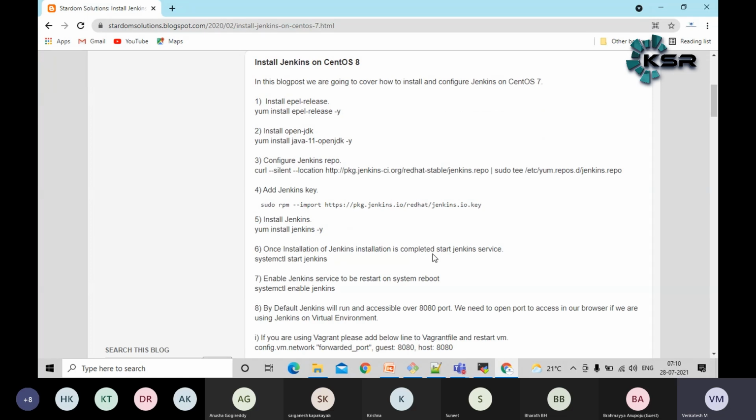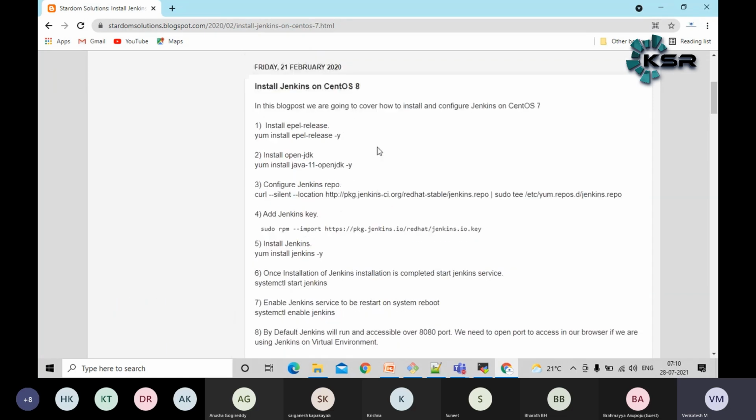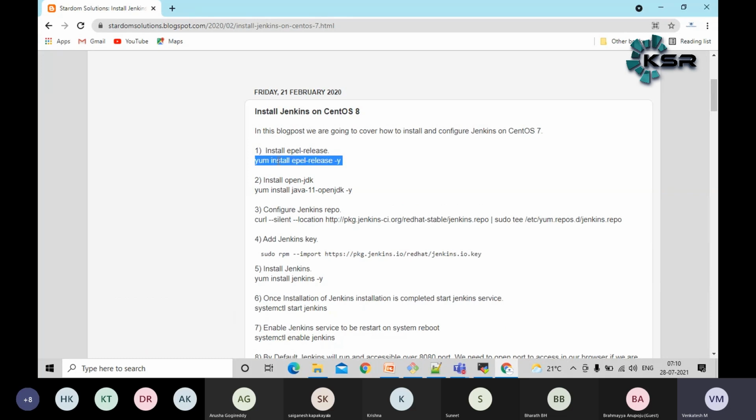Here, before installing, as you can see, first of all, yum install epel-release -y. Here yum is the package manager for CentOS, guys. For Ubuntu, this will be different. Debian uses dpkg and apt, so it will be a different set of commands, guys. In further sessions, I will cover Ubuntu also. So let's focus on the installation part as of now. Currently, first of all, I need to install EPEL release.